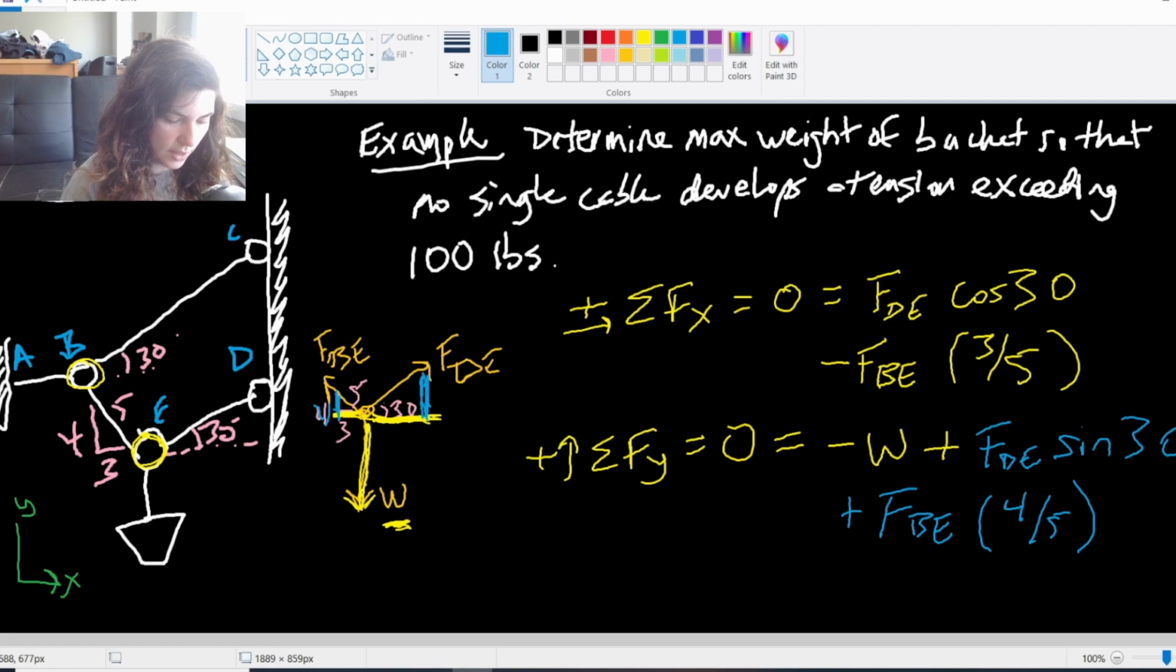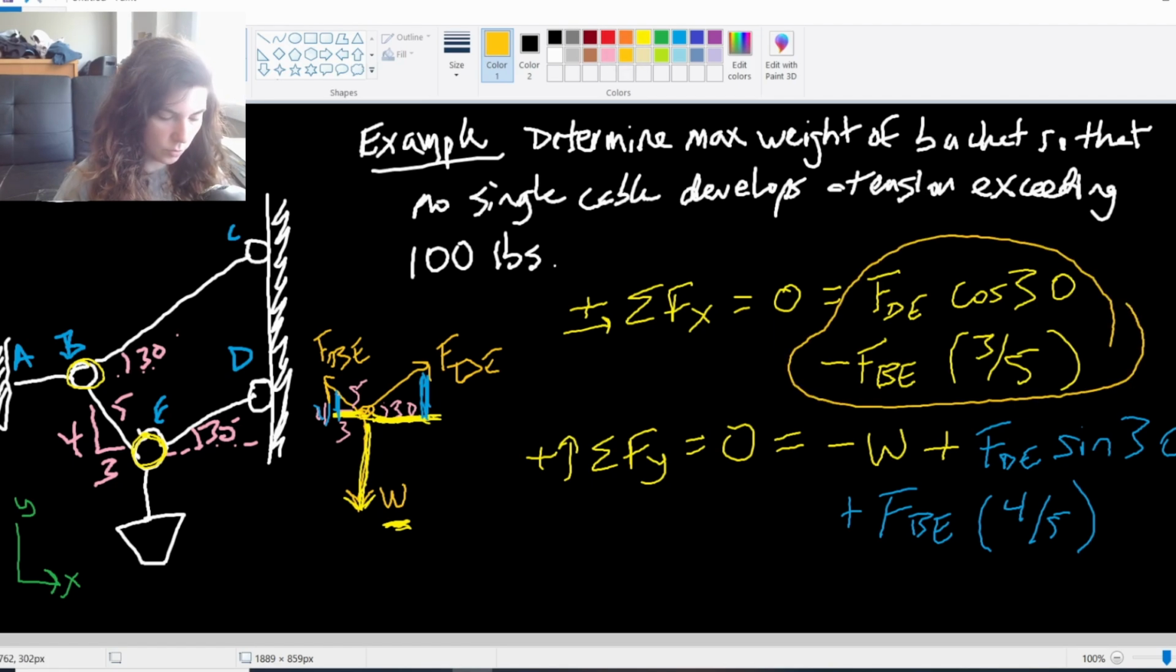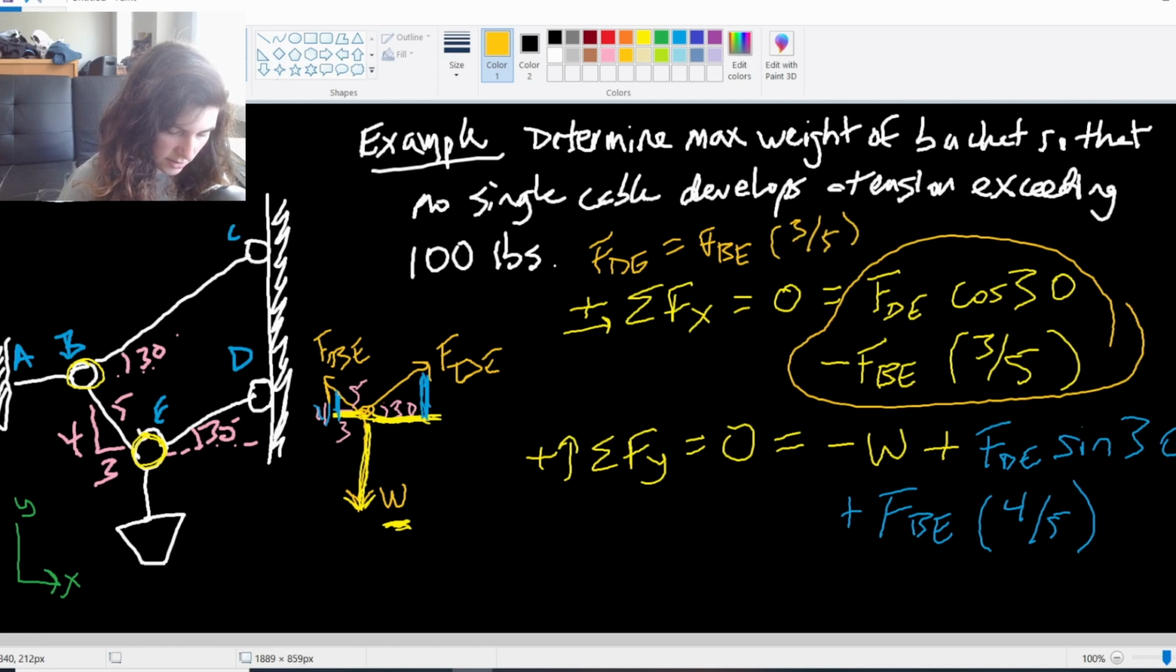So if I were to do that, I would come back and I'd look at this, right? And I can rearrange this equation. So I can say FDE equals FBE times 3/5 divided by cosine 30. And if I wrote that in just numerical form, I would have